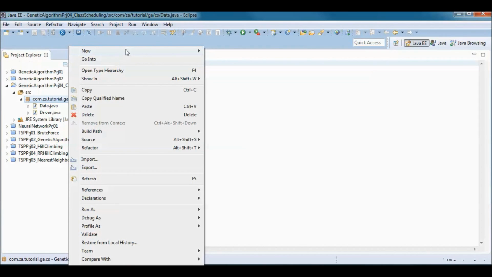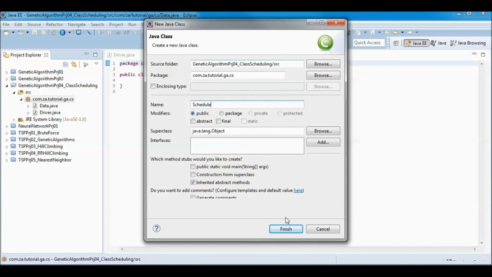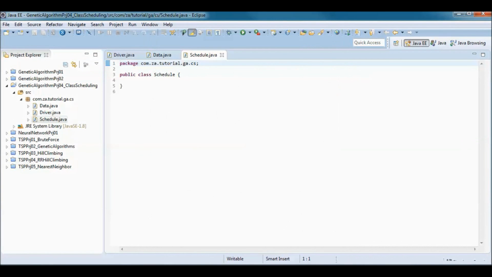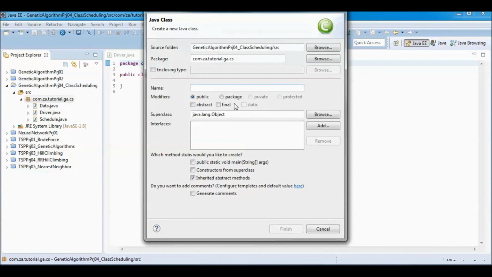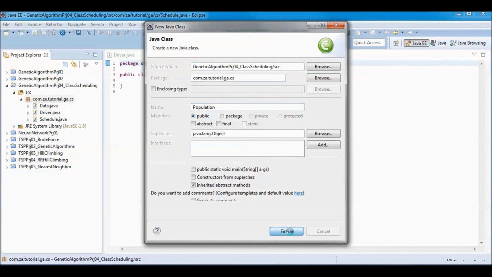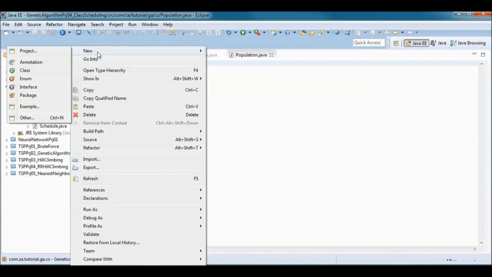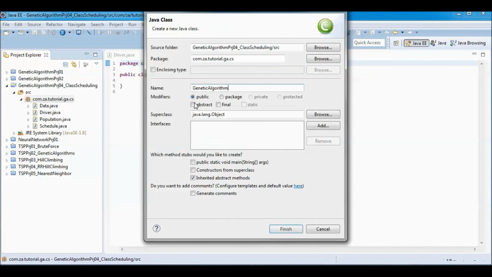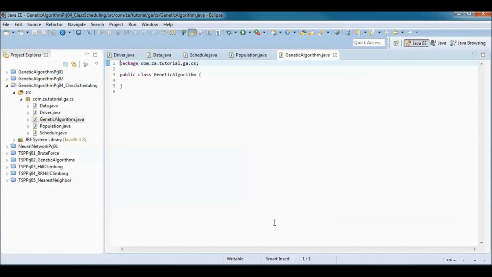And I will have a schedule class, and a population class that represents a population of schedules, and a genetic algorithm class that evolves the population from one generation to the next using crossover, mutation, and elitism.